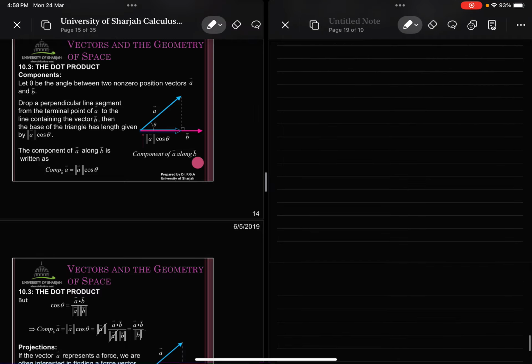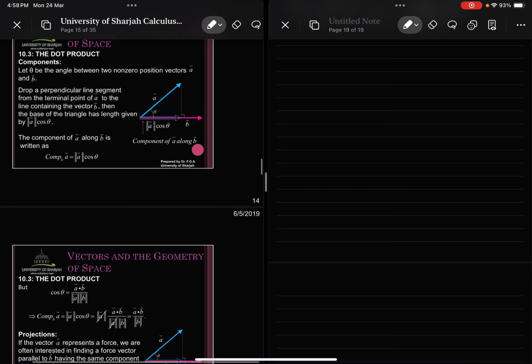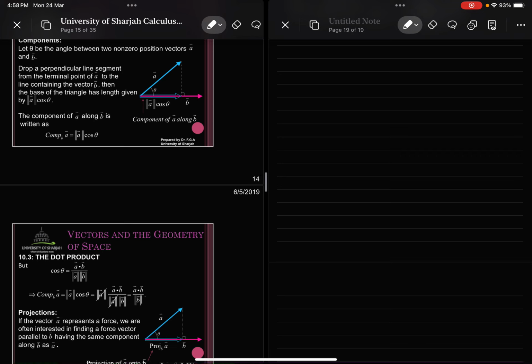The dot product, the component. Let theta be the angle between two nonzero position vectors A and B. Drop a perpendicular line segment from the terminal point of vector A to the line containing the vector B. Then the base of the triangle has length given by magnitude of vector A times cosine theta, and the component of A along B is written to be